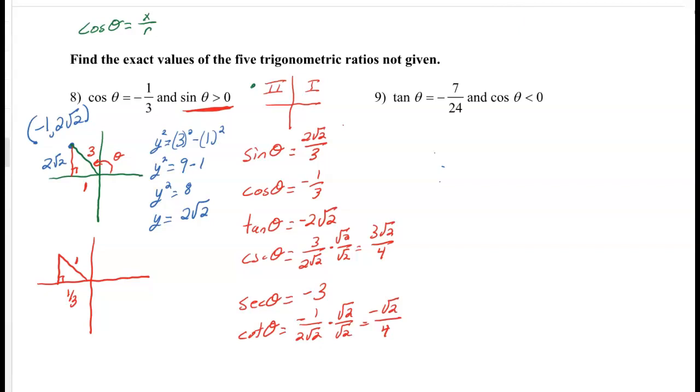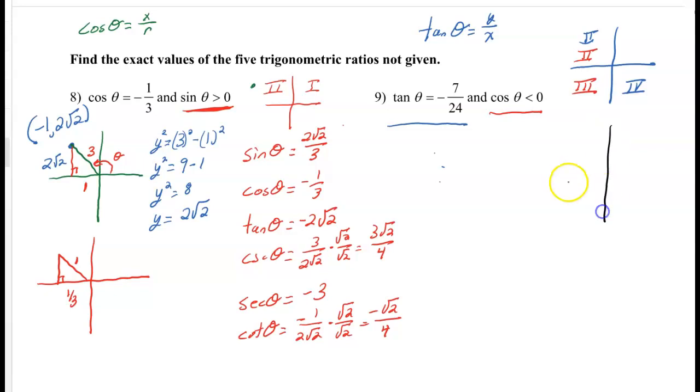If we look at problem number 9, we're told that the tangent of theta is negative 7 over 24. The tangent of theta is the y over the x. So where is tangent negative? Tangent is negative in quadrants 2 or 4. We're also told that the cosine is negative. So where's the cosine negative? Quadrants 2 and 3. So for this particular problem, we have to draw the picture in quadrant 2 because that's